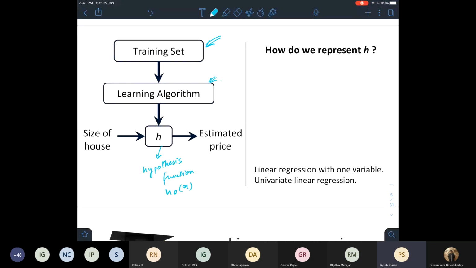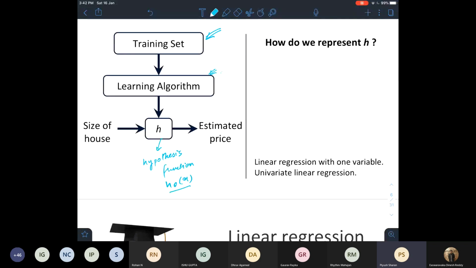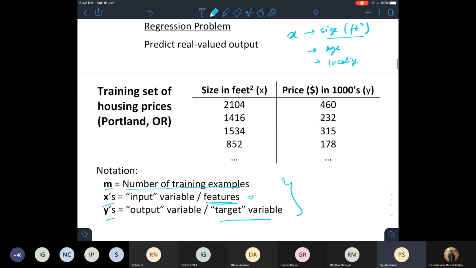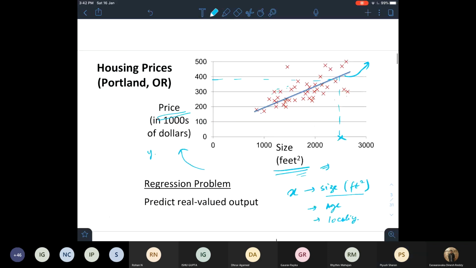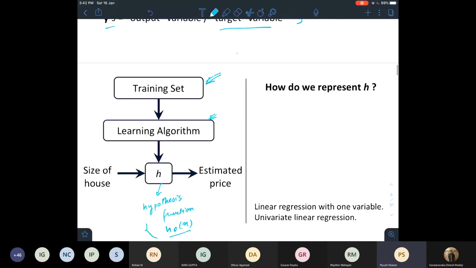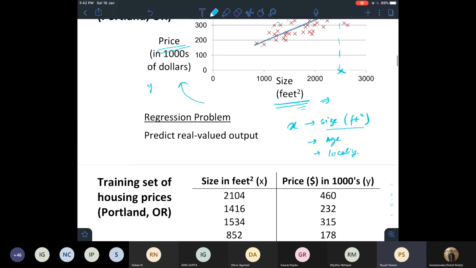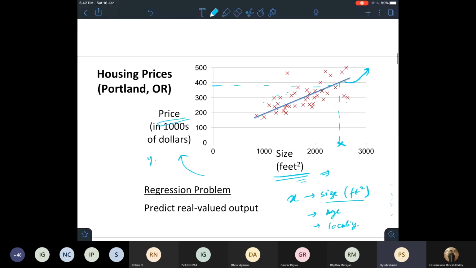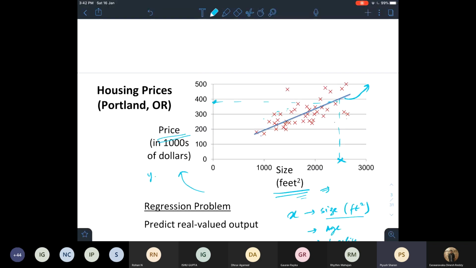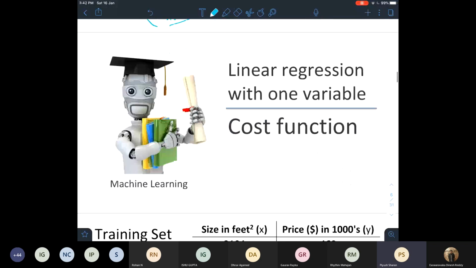After we have learnt the algorithm, this line is what we get, and we just put through any size of the house, or any amount of features that we have, as a new point. For instance, I can put in a new point, and it will give me the output value y corresponding to it.